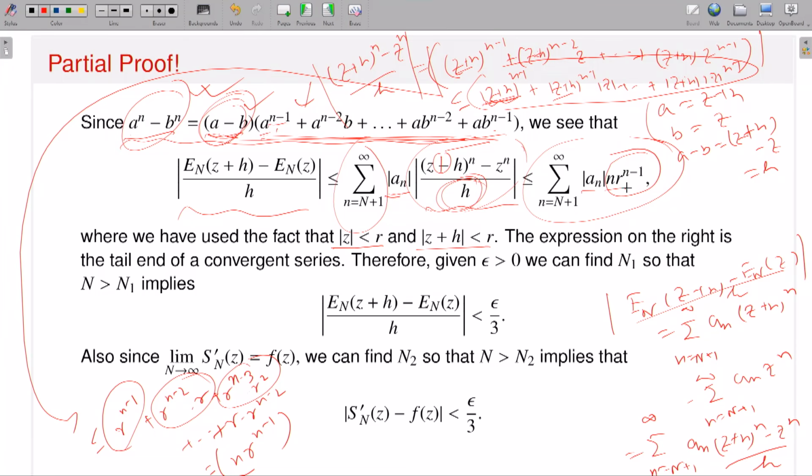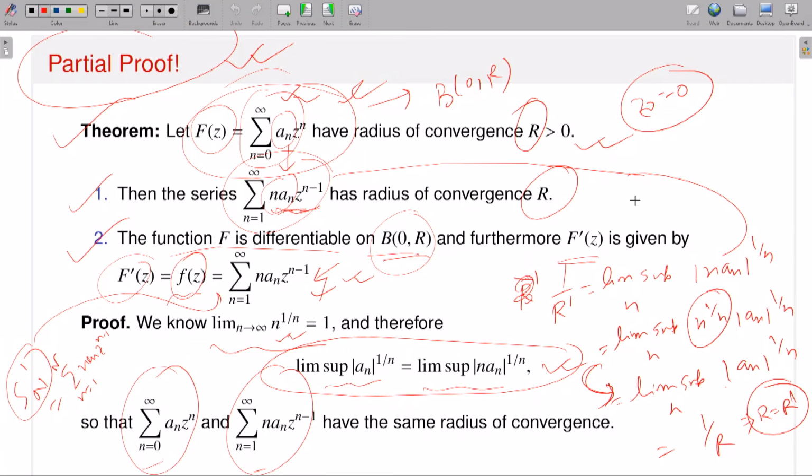Now look at the right hand side. Now what is that? This is actually a convergent series. Why? Because you see, come back here. This kind of series has radius of convergence capital R. So therefore if I take mod z less than small r, less than capital R, at that point z, this series is absolutely convergent. That means this is a convergent series, that means the sum from n equals 1 up to infinity of n mod a n.